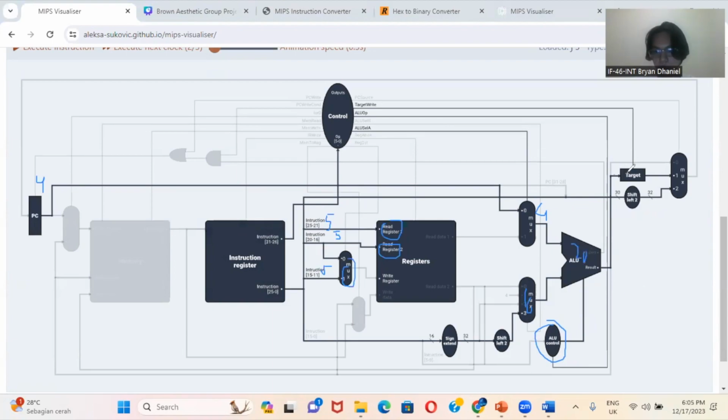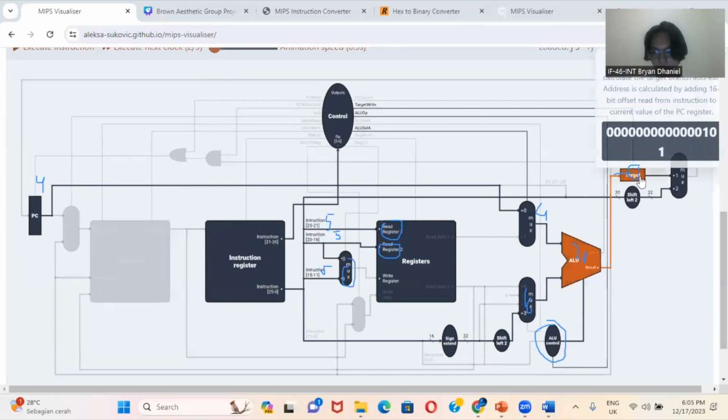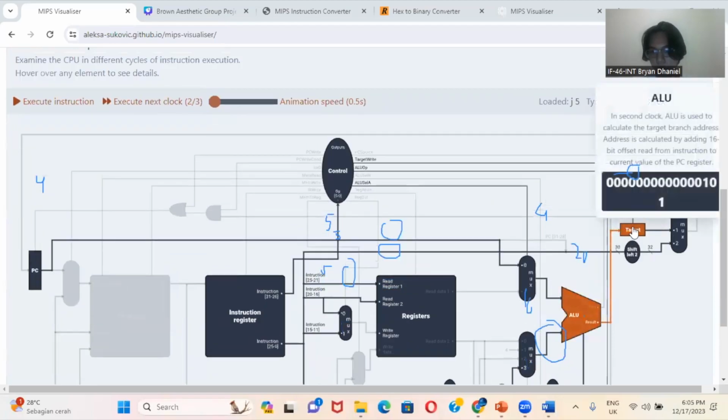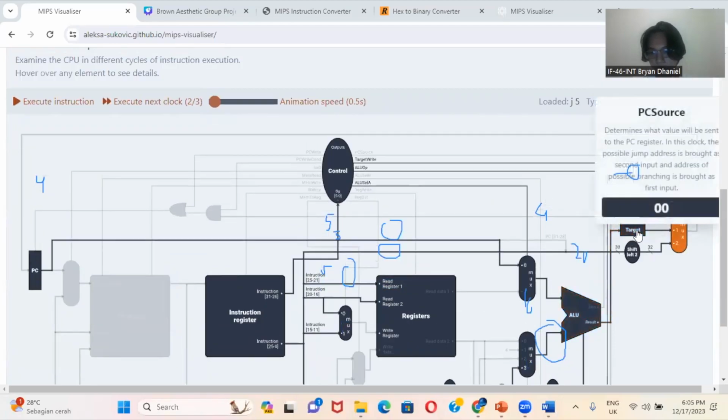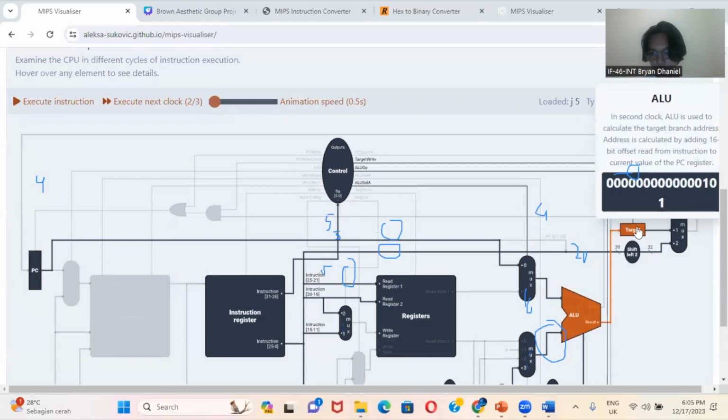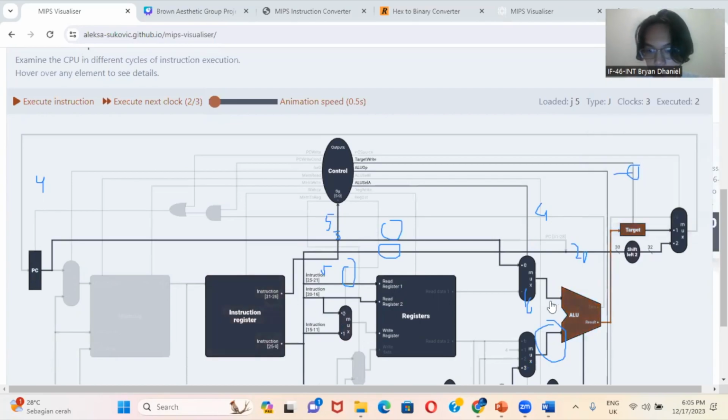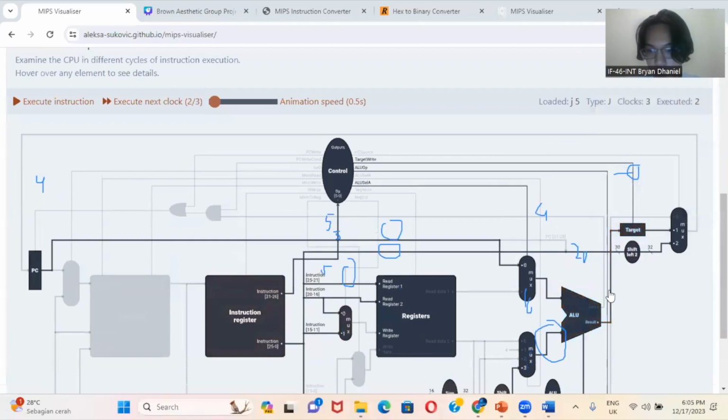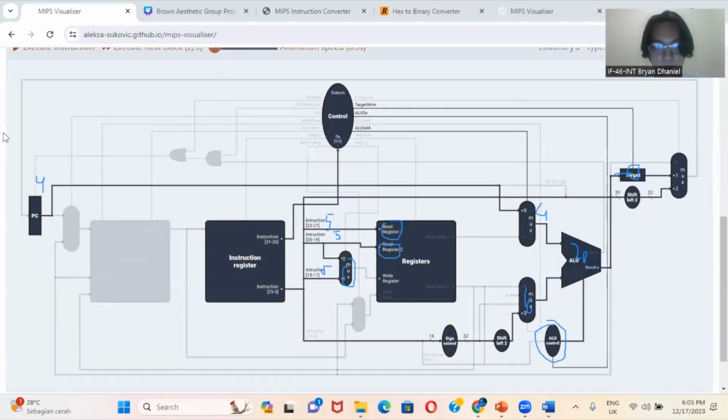So the 20 will go to the target here, and just go to the target, and the instruction will be the current one adding the 20 we just got here, which goes to the target.